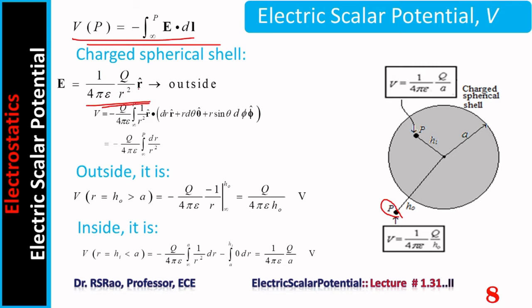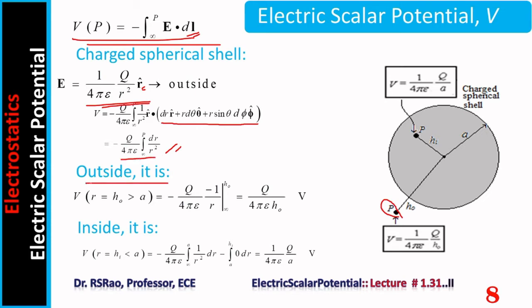Of course, inside you can see in the table, it is 0. We will come to that point later. For the time being, the field point is outside, and the field intensity outside is this one. Here r prime is there, r square is there, so the expression is in the spherical coordinate system. So for dl, you have to use the expression in the spherical system. Now the dot product results in this expression: dr by r square, integral q by 4 pi epsilon, negative sign and all.